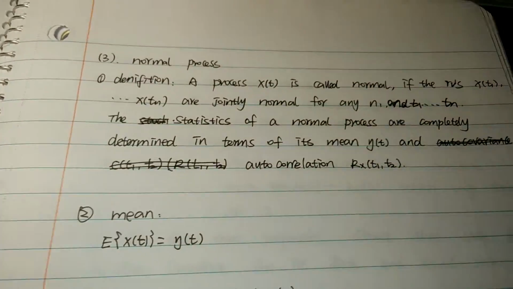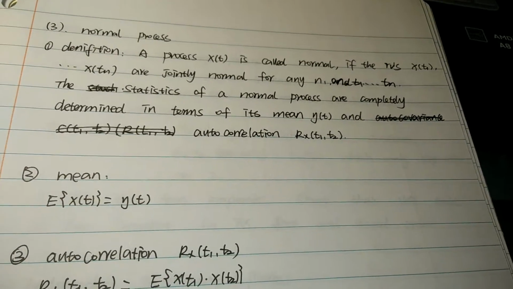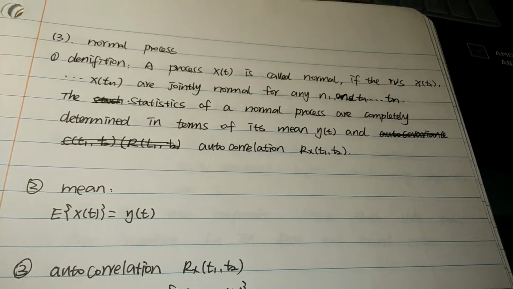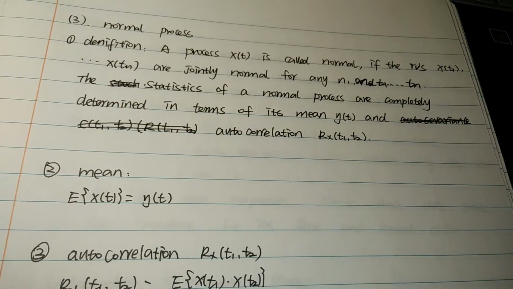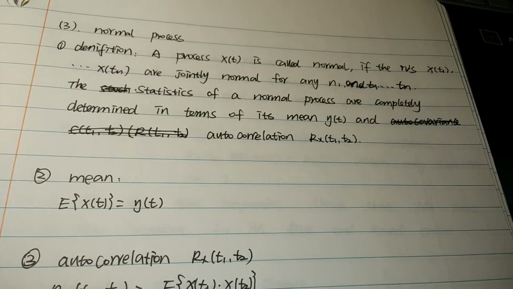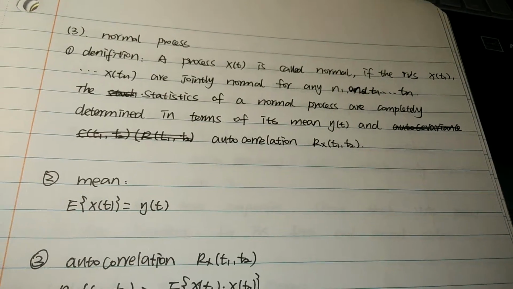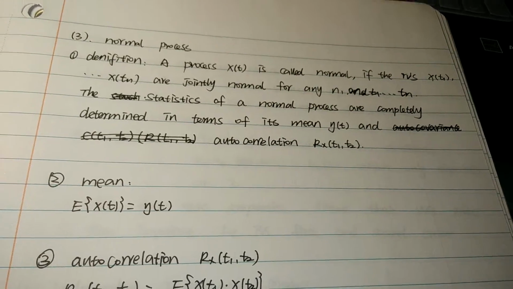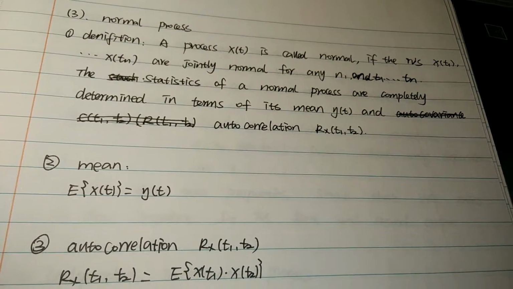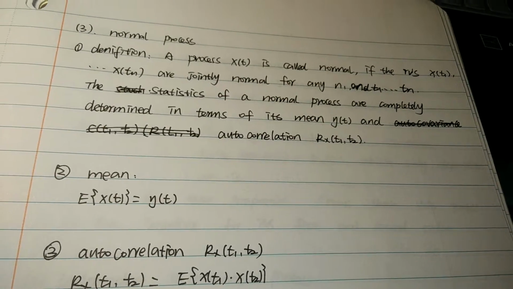Third, the normal process. The definition: a process x of t is called normal if the random variables x of t1 until x of tn are jointly normal for any n and any t1 until tn. The statistics of a normal process are completely determined in terms of its mean eta of t and autocorrelation function